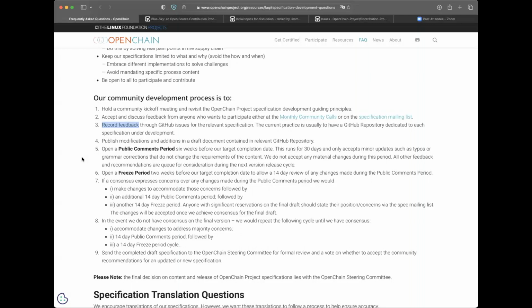To add clarity, I will update the community development process to note on point 2 that you can go directly to GitHub issues and submit them. The reason that it isn't there at this juncture is that in the previous standards development, we focused on the monthly calls and mailing list. And using GitHub, it was simply a repository of knowledge. But clearly our community is more and more likely to actually be fine with submitting issues themselves. So I'll add that to point 2 here on the community development process.